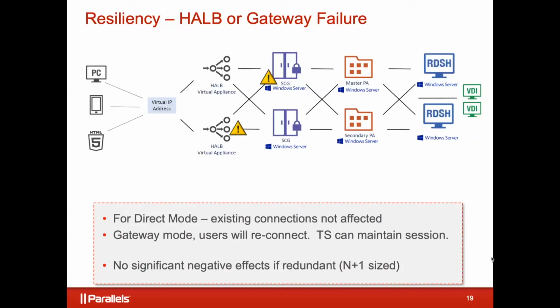Let's see. We have a question in the chat window. That's good. What part is it that routes the connection to the session? The gateway is actually doing the heavy lifting, right? So that's actually where the routing to the session is. If you're in direct mode, it's actually doing the routing, right? You connect to this. If you're in gateway mode, you're tunneling through it, and then it finishes the connection itself. But it's the gateway server that handles that.